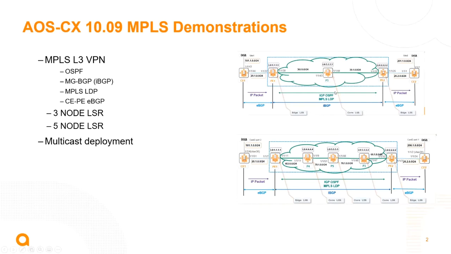For simplicity, for you to understand and try out yourself, I've made two setups. One, we are going to go through a 3-node LSR. That means PE, P, and PE2. This is a 3-node LSR. We'll go through this one. And then afterward, the complete demo, let's do with the 5-node LSR, where we will be able to clearly see push, swap, and pop operations.